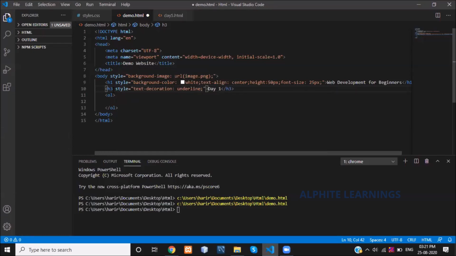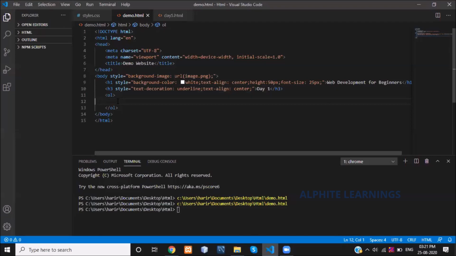The next one, text-align, I'm giving center. I have created a heading. Now I'm going to display the list of elements, the things we discussed in day 1.